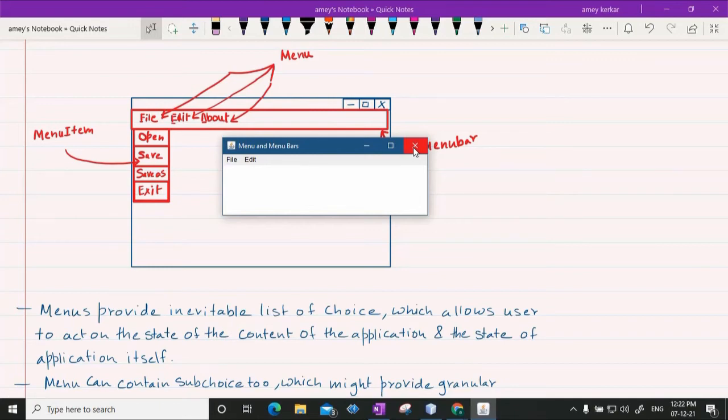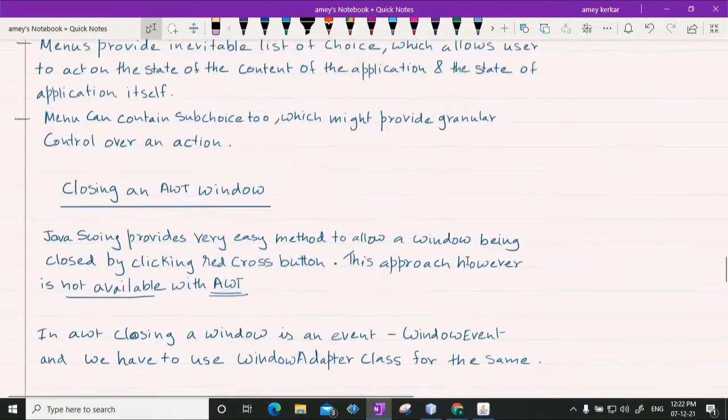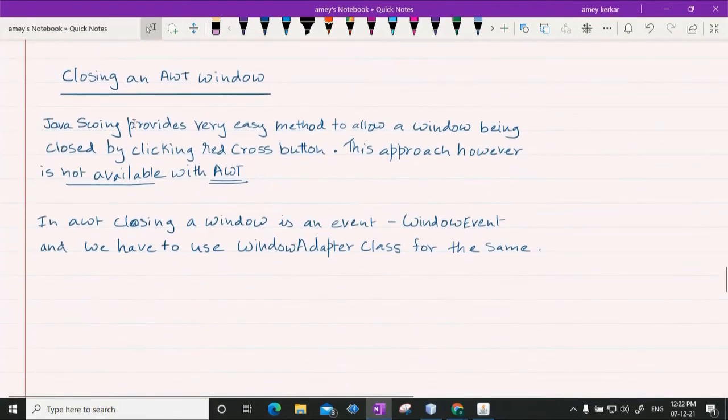Unfortunately, AWT does not have inbuilt code for closing the frame. If you want to close the frame, then you need a separate code to be written, and there is a class called window adapter that we have to use in order to provide the functionality for closing an AWT window. Now, Java Swing is an advanced